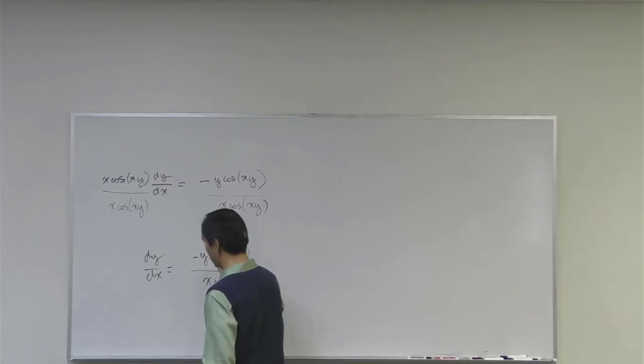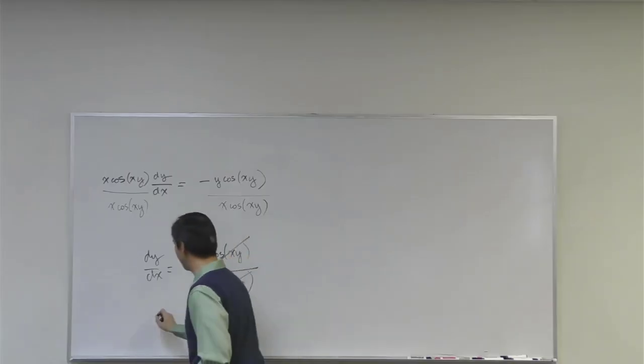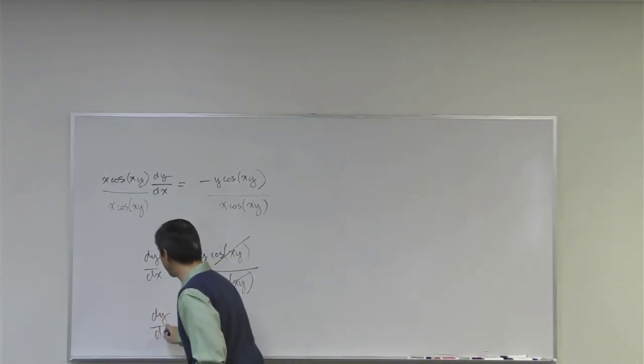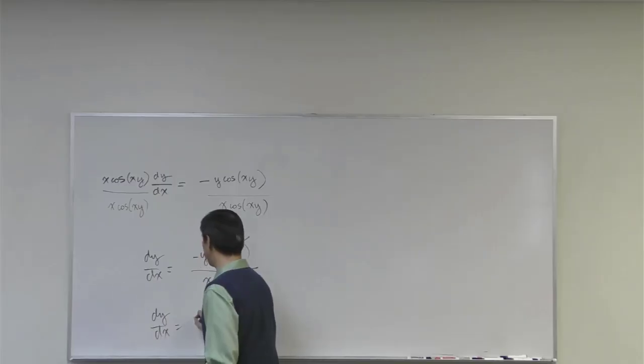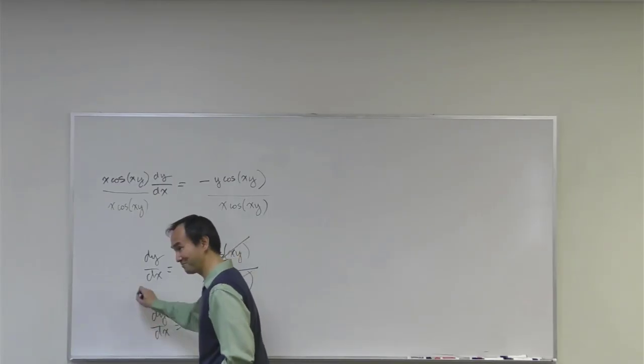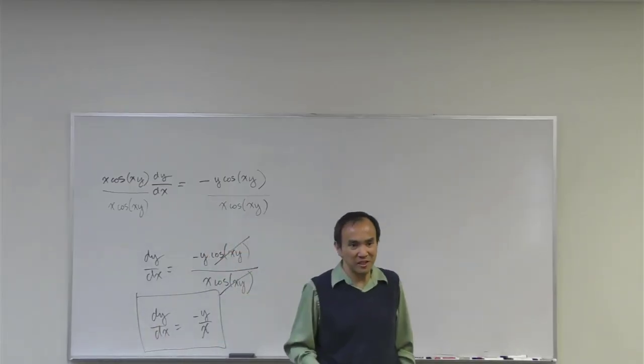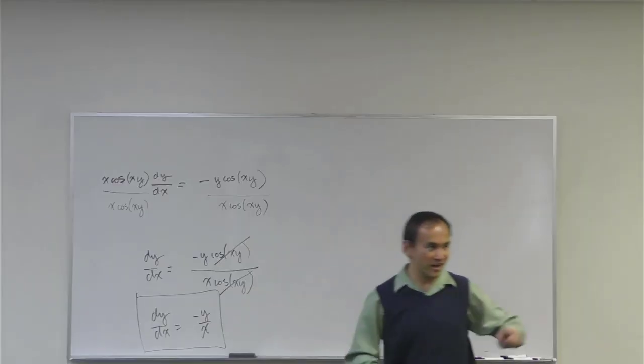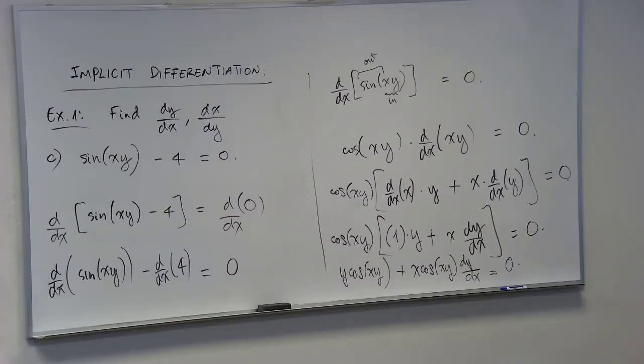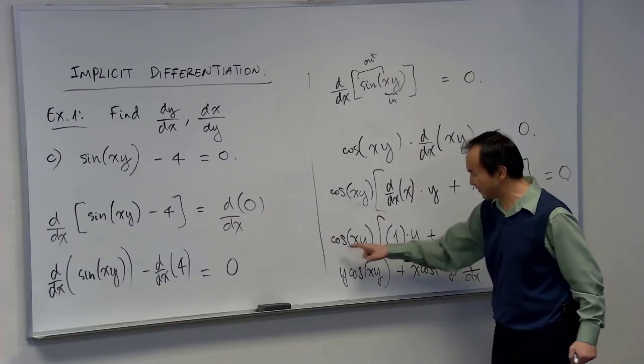So the cosine got canceled away, right? So now we're left with a very simple derivative, dy/dx comes out to minus y over x. Are we good? Okay. And what I said about not being smart today is right at that step right here. At that step, I could have saved myself some effort by just canceling